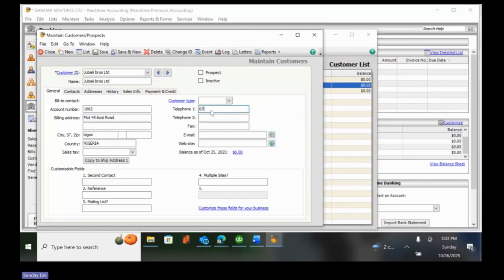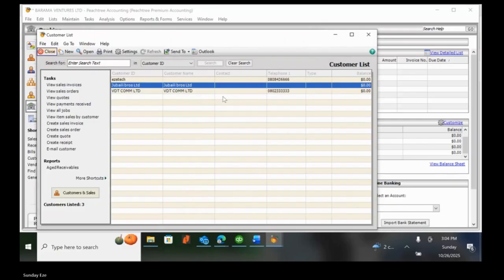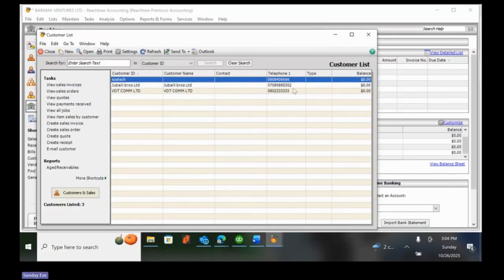Let's put the phone number. So save. Let's go back to our list. You can see the phone number is now there. If the customer has a balance, it will show here. Right now, the customer has no balance, as we just registered the